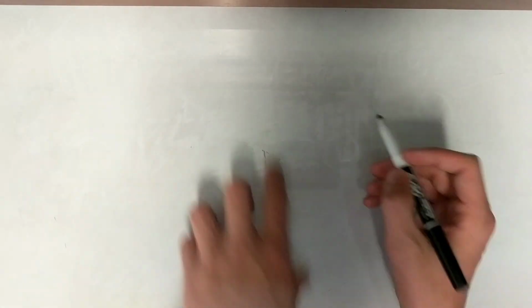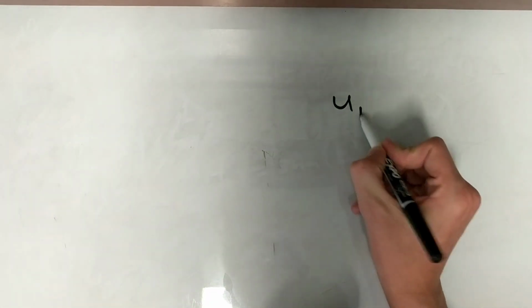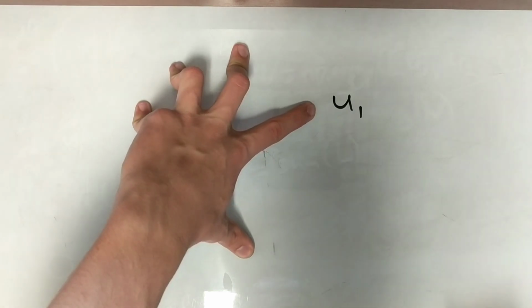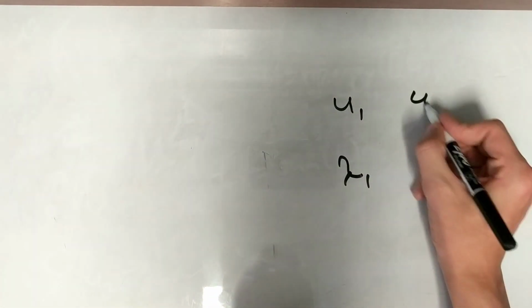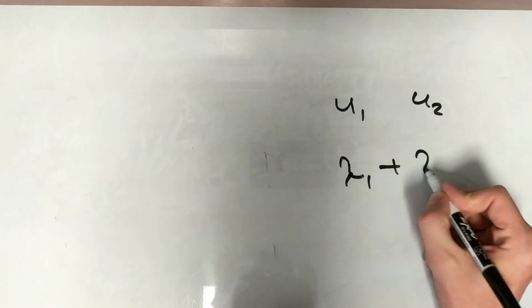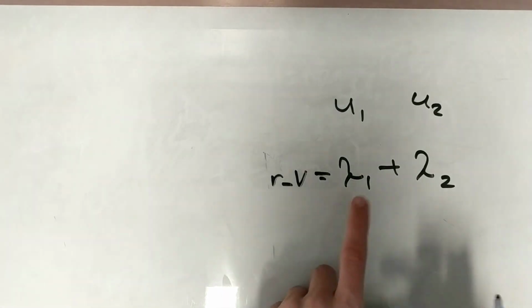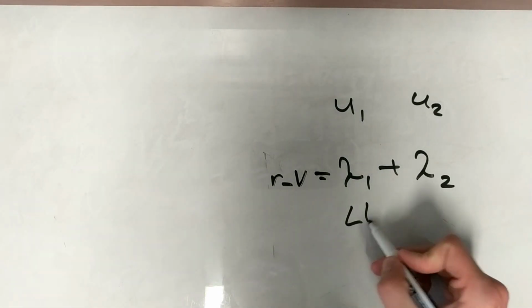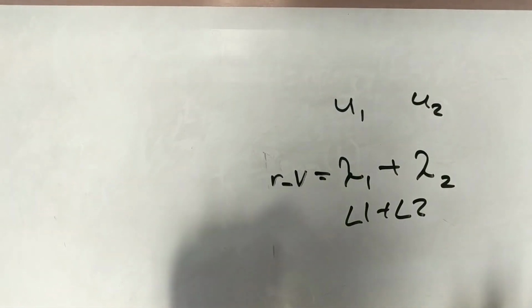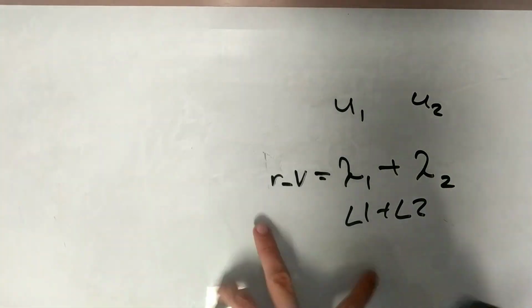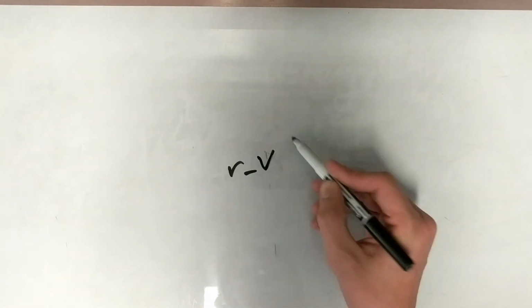So that's just asking for, again, if the variance of the subspace projected onto U1 is lambda 1, then U1 and U2 is just going to be lambda 1 plus lambda 2. So your reduced variance will just be lambda 1 plus lambda 2, or L1 plus L2. It seems complicated, but it's just going to be that simple answer. And then it wants you to figure out the relative variance, which you can just do the reduced variance divided